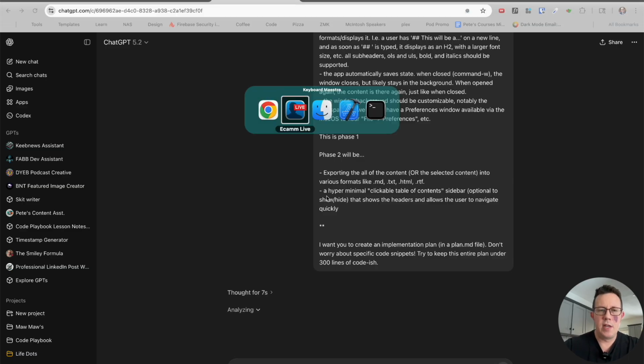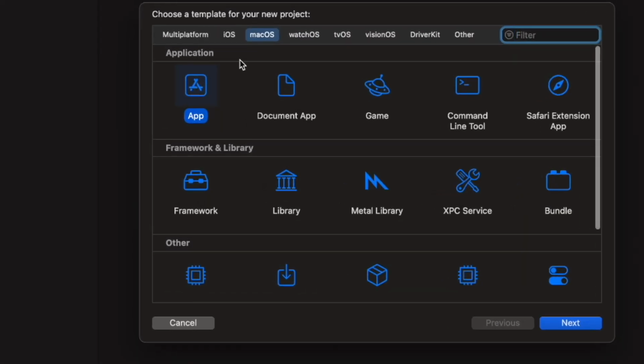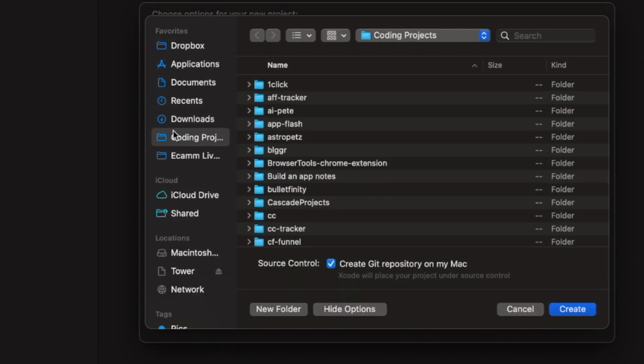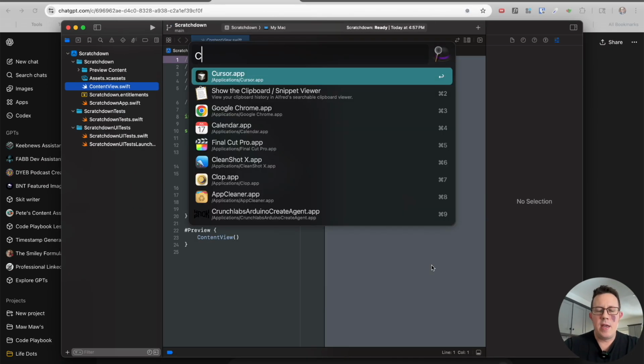So the first thing I'm going to do is fire open Xcode. I'm going to go to create new project. I'm going to go to macOS. Nope, I had it right. macOS app. Name this Scratchdown. Come to the organizational identifier here, com.scratchdown.scratchdown, SwiftUI, hit next. This is going to be in my coding projects folder. I'll hit create. This will take just a second or two,